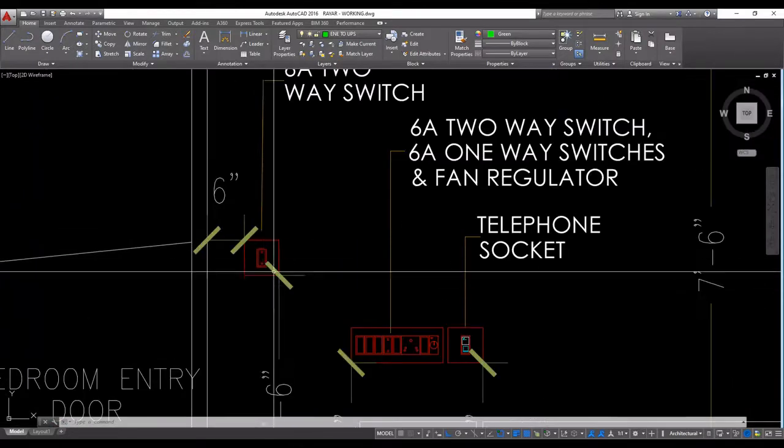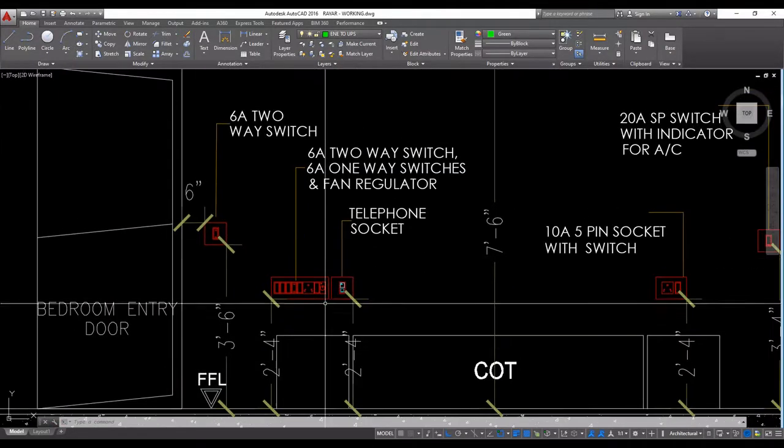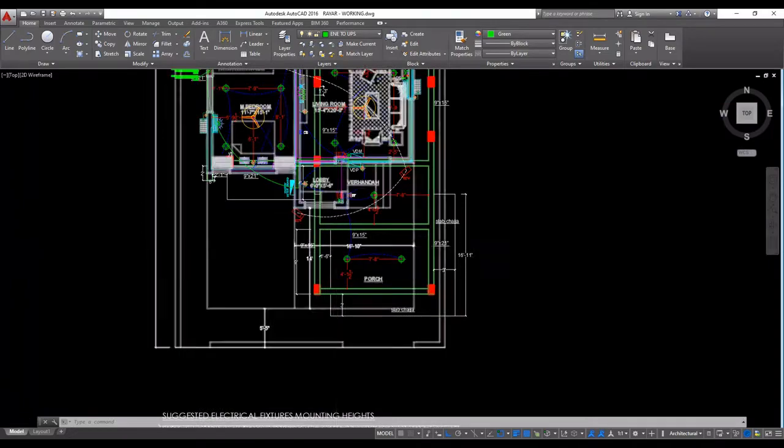And next, this is the one model. And next, the bedside socket.